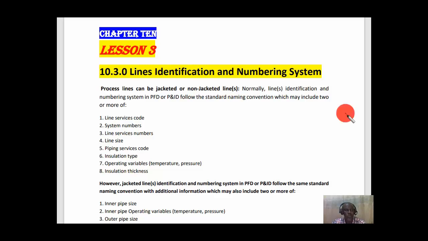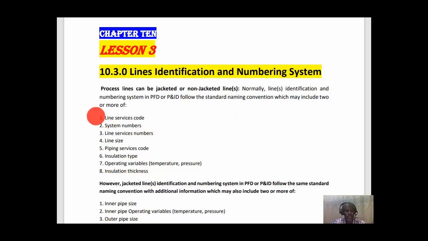Hello, welcome back. We are looking at Chapter 10, Lesson 3, Lines Identification and Numbering System. Process lines can be jacketed or non-jacketed lines. Normally, lines identification and numbering system in PFD or P&ID follow the standard naming convention, which may include two or